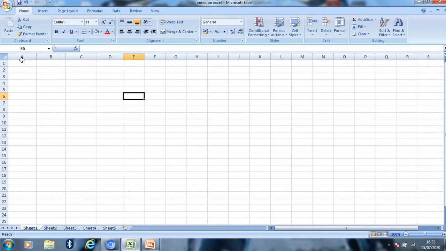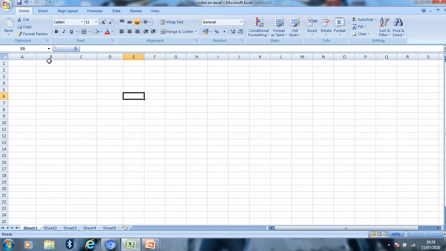Now come below. Below this we have some letters written, and on the left hand side there are some numbers written.